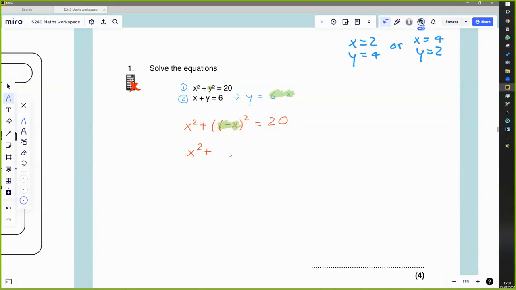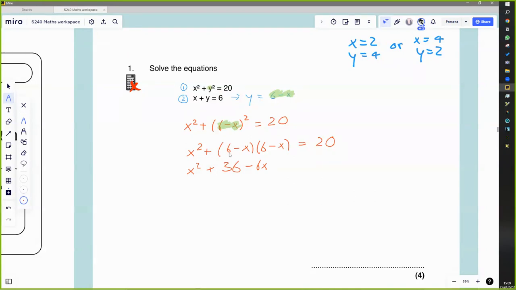So x squared, imagine this is 6 minus x multiplied by 6 minus x. So you've got the 6 multiplied by the 6. I might just draw that out. This stage you may want to be able to do in your head eventually, but let's just put it down there anyway. So we've got 6 times 6 is 36, minus x multiplied by 6, so minus 6x,